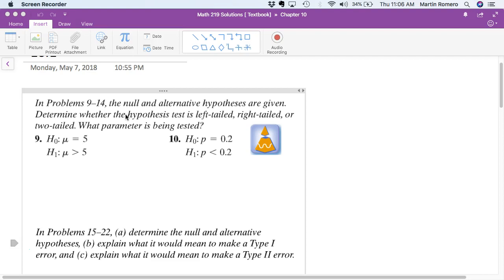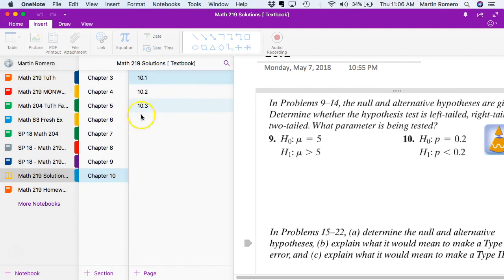to determine the null hypothesis and alternative hypothesis, or those are given, and determine whether it's a left-tailed test, right-tailed, or two-tailed, and what parameter is being used. And so in these cases of problems 9 and 10, we do need to recall from our notes